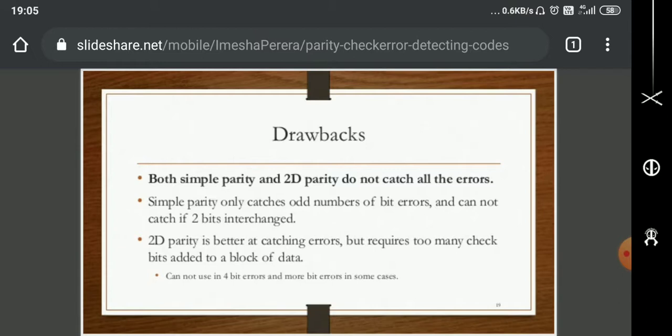So these are the drawbacks of 2-dimensional parity check. How to overcome this drawback? Just leave these schemes and go for CRC, cyclic redundancy check. These are very skillful schemes when it comes to raw data error detection. For example, we use Wi-Fi and Ethernet data.